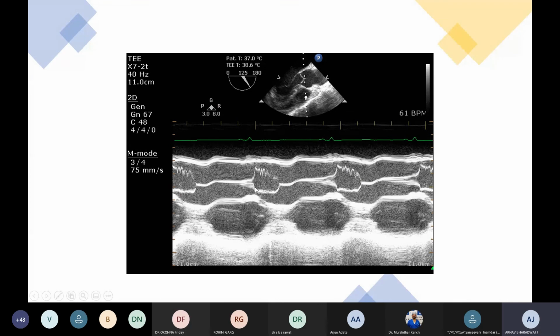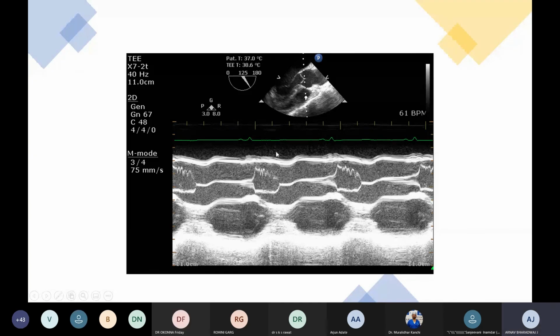This we can get even in deep transgastric view. Also put the continuous wave Doppler. There you can measure the aortic valve opening and aortic valve closing time. If it is opening before the Q wave, that is early opening of the aortic valve when there is more pressure in the LV cavity, or early closure of the aortic valve happens in hypertrophic obstructive cardiomyopathy or systolic anterior motion of the anterior mitral valve.